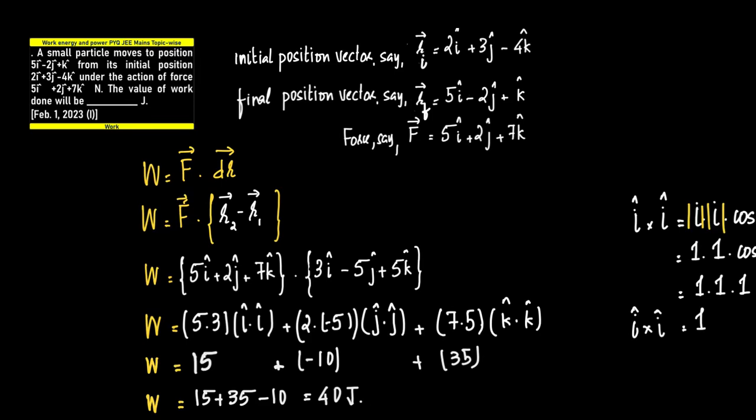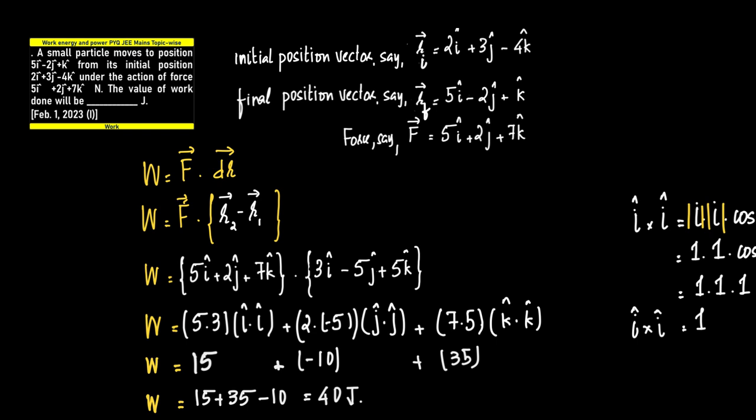A small particle moves to the position 5i plus 2j plus k from its initial position 2i plus 3j minus 4k under the action of the force 5i plus 2j plus 7k newtons. The value of work done will be... See, we know that work done is a scalar, which is equal to vector F dot vector